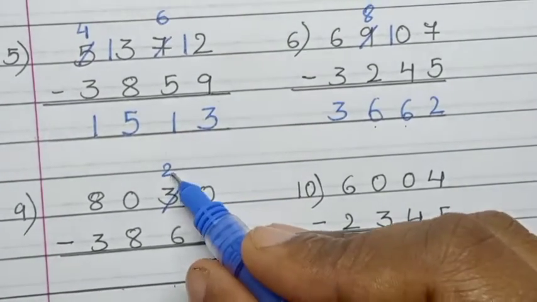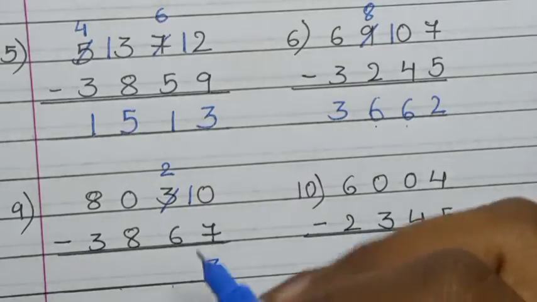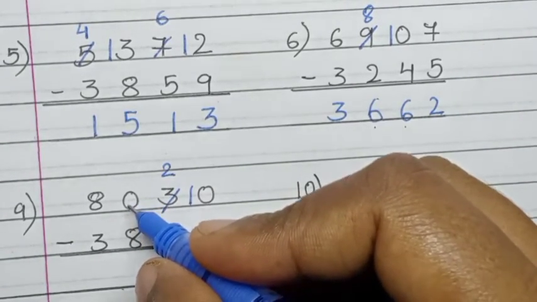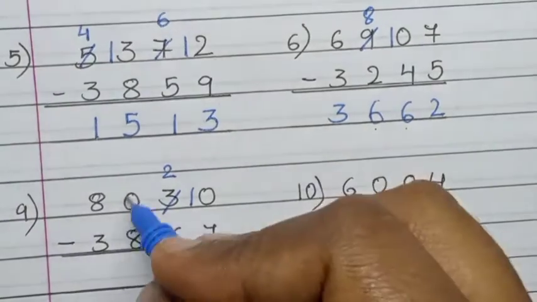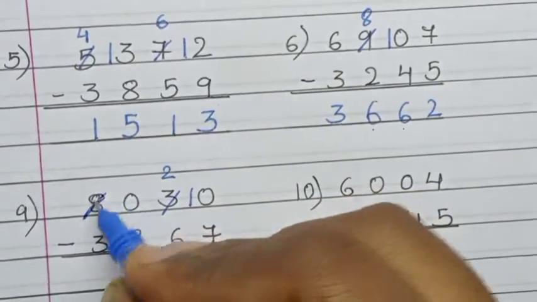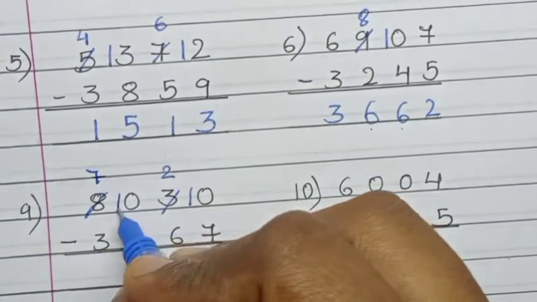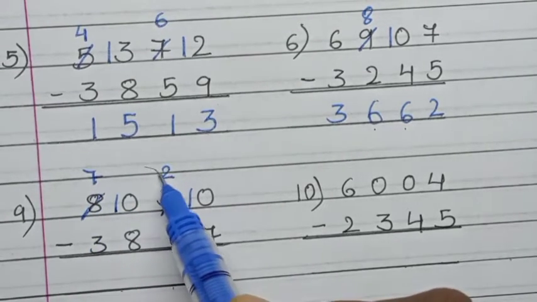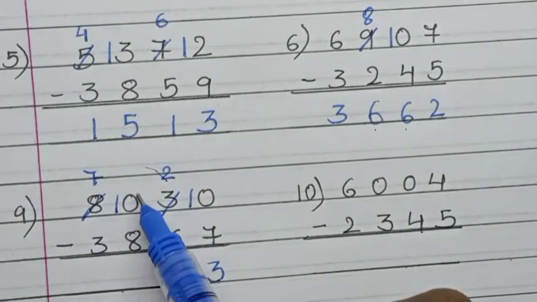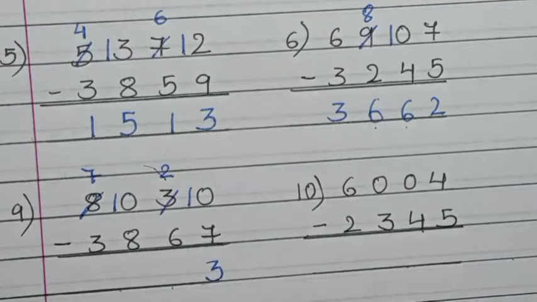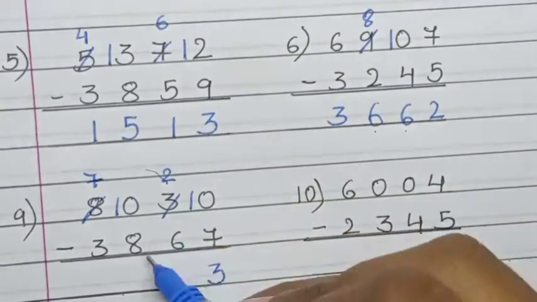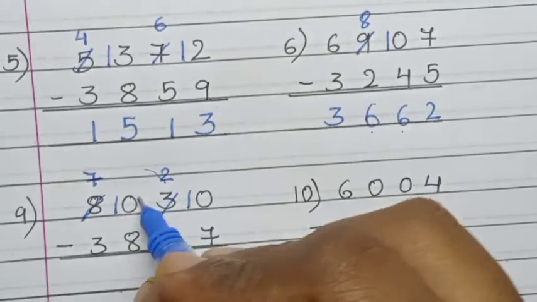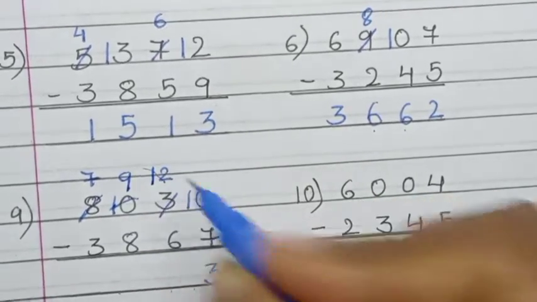Okay. Next, can I do 2 minus 6? No, because 2 is less than 6. So I have to borrow from the next number. But the next number is 0. So what do I do now? I'll borrow from the next number. That is 8. 8 will become 7 and 0 will become 10. Okay, children, and another thing, you can't borrow from this number directly to here. You can borrow only to the next digit. Okay. So this will become 10. Okay, again I'll borrow from 10. 10 will become 9, 2 will become 12.